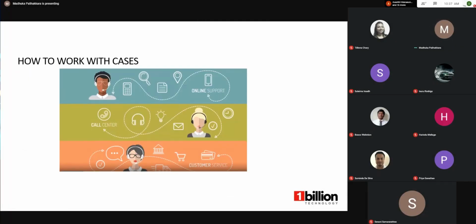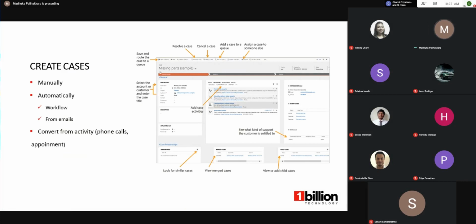We'll see how to work with cases. There are a few ways to create a case in CRM. We can manually create one, just as with most other entity records, or we can create one automatically through a workflow or from an email.